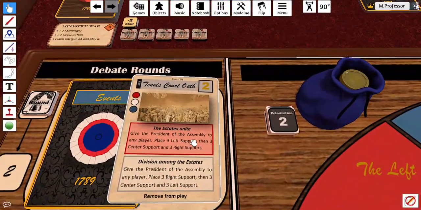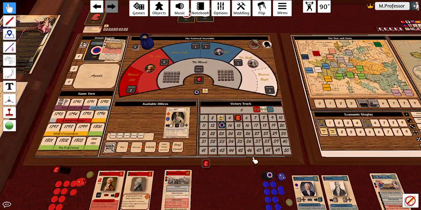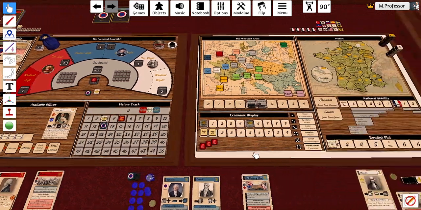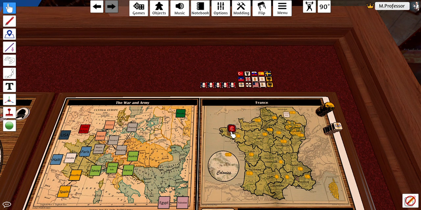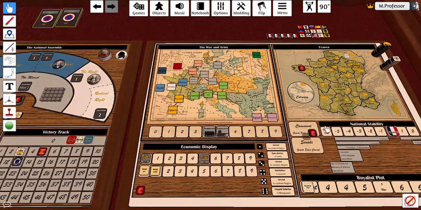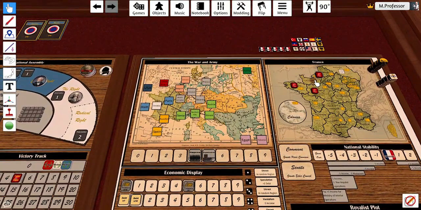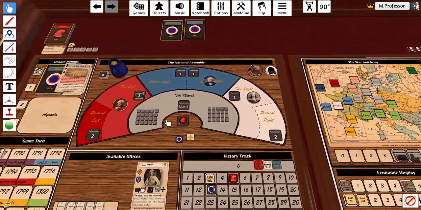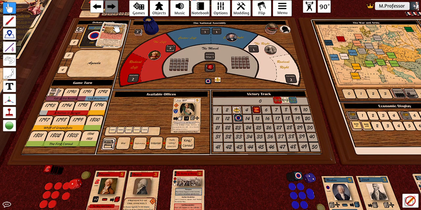Next, on the effect, he can place 3 left support on the map. So we will take 3 support markers and place them into some regions on the map. I will explain in another video what that does. So for the moment, we will ignore the rest, because it will have no effect on the debate. So after having implemented the event,